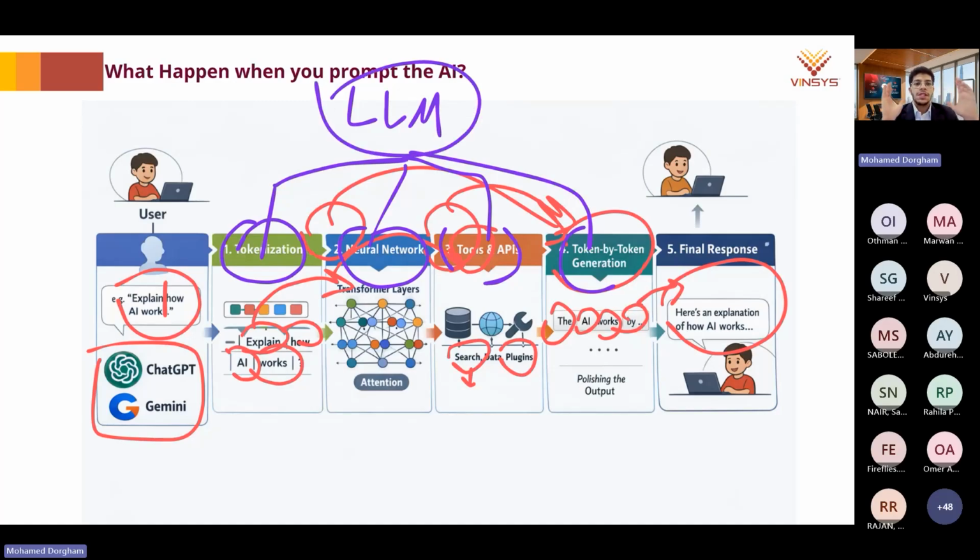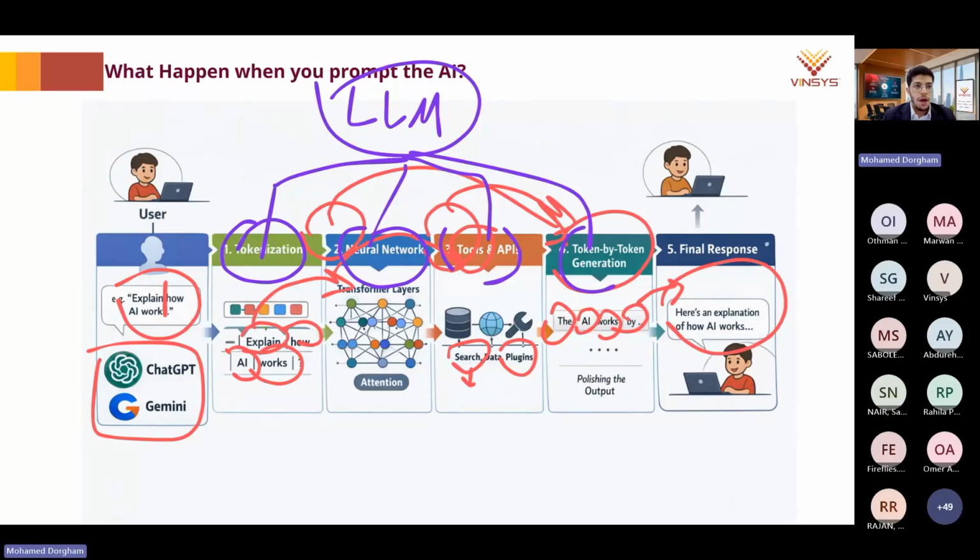Always remember, this is the AI brain that we saw. It's called the LLM, and it's the brain that's responsible for getting our question, processing it, and then answering our question in a much more effective way.